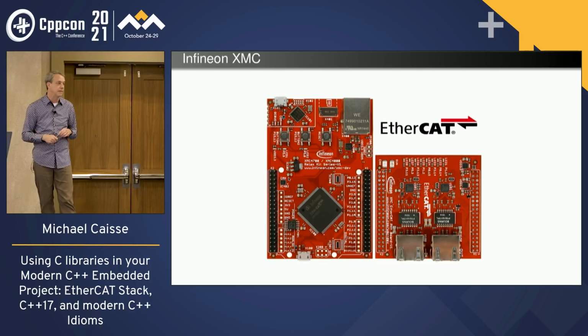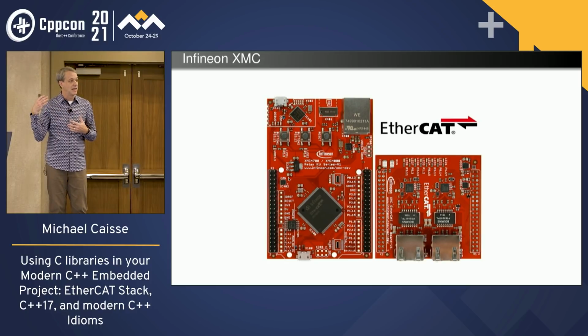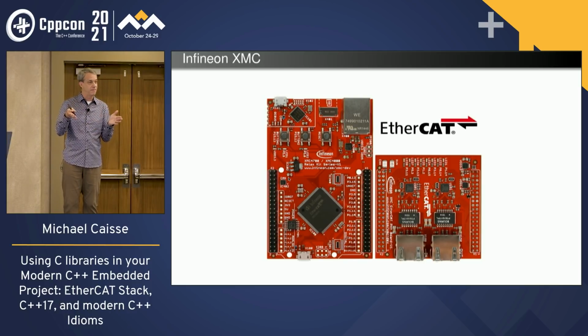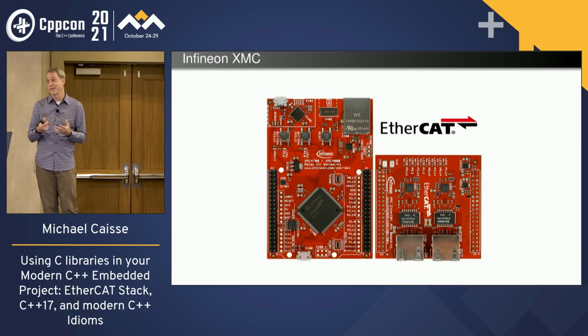So, pass 1. Pass 1 of trying to get this thing to work is a dev kit arrived, this one that was on the screen. I still had to figure out a whole bunch of stuff with an FPGA and integrate that and a bunch of other things. And the cool thing about this dev kit that arrived, this XMC from Infineon, is that it has an EtherCAT IP built into the core of the processor. So it's really easy to get to clock information. It was very cool. So it had the nerd factor going really high.